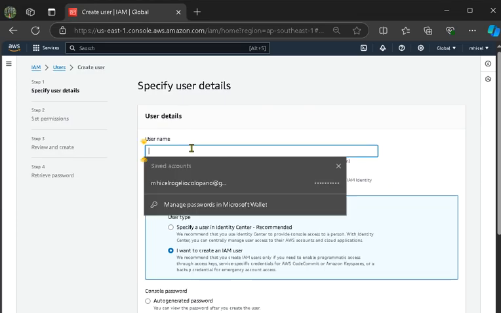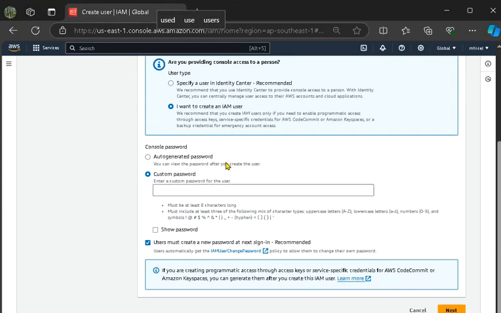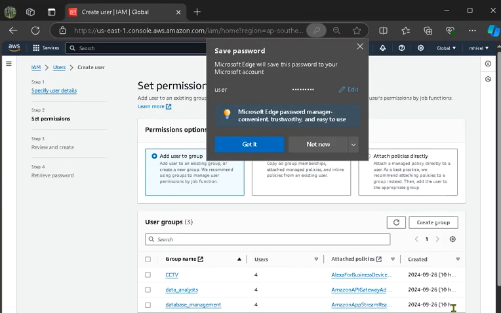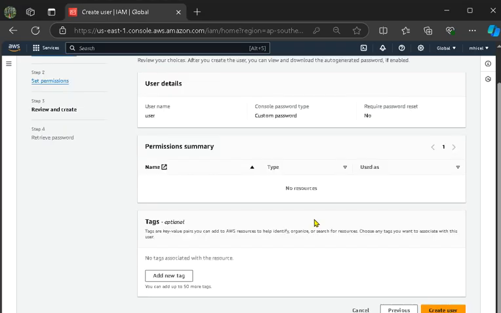I create a user, user 0, click next, and if you want to add to the user group, then next, and that's it.